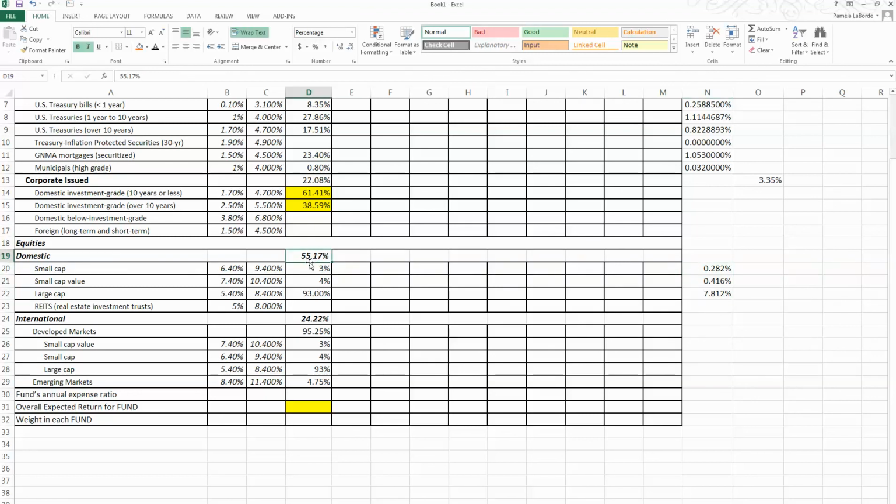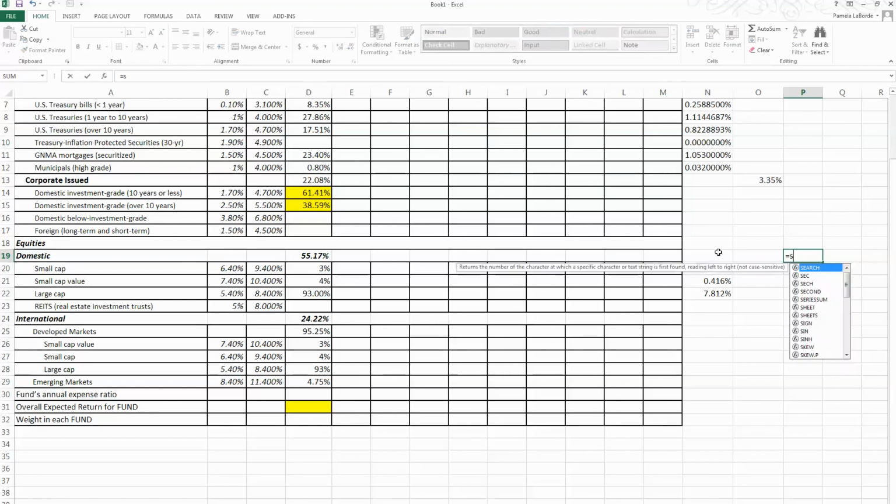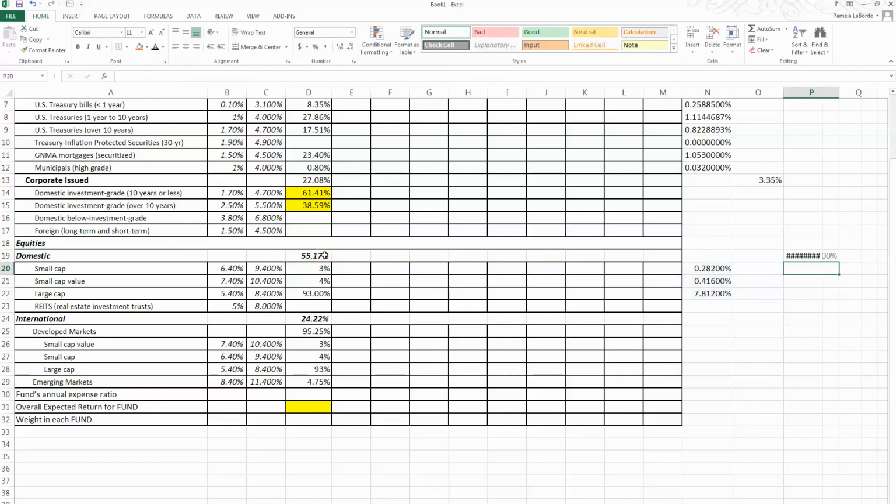Essentially, the 55.17% is the proportion of the entire life strategy portfolio that's in domestic equities. So now if I take the sum of all three of these multiplied by 55.17, that will give me the domestic equity contribution to my whole portfolio. So I'm summing these three